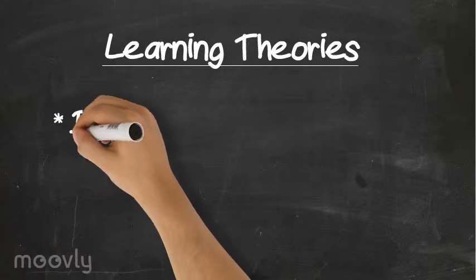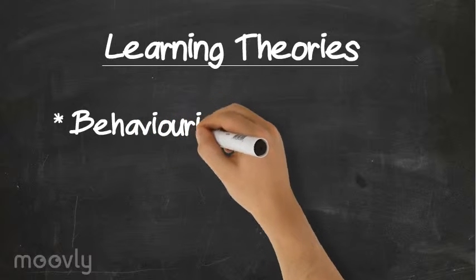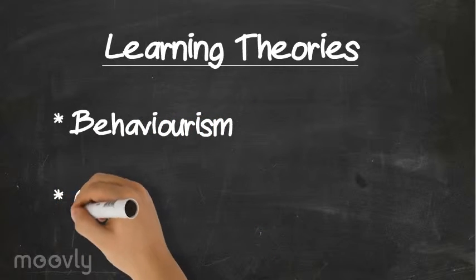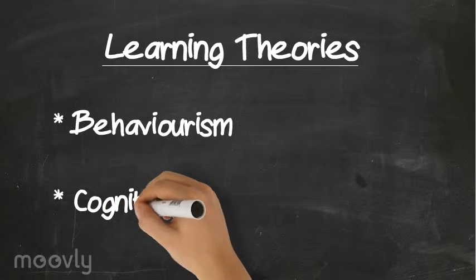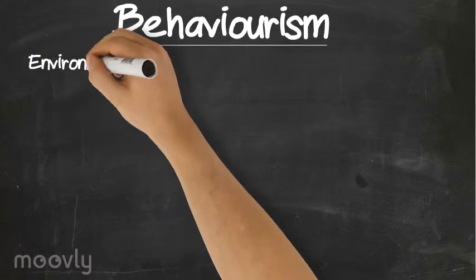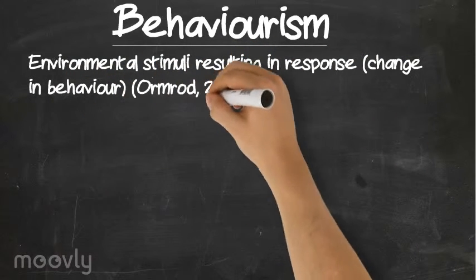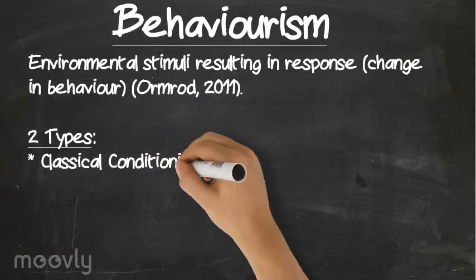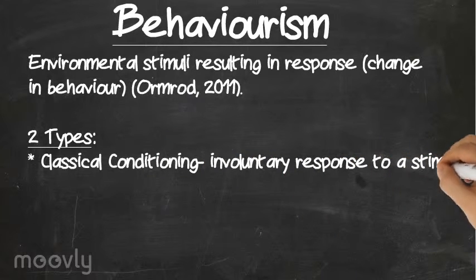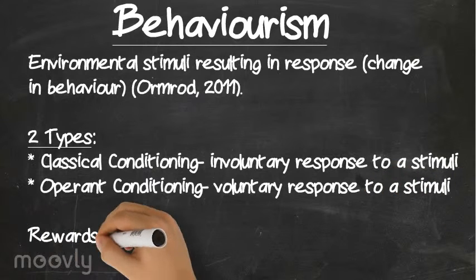There are a variety of effective teaching strategies available. Two theories that guide teachers in the use of effective teaching strategies include behaviourism and cognitivism. I'll now briefly discuss these theories. Behaviourism. This theory focuses on how environmental stimuli bring about change in people's behaviours. Behaviourist principle involves the formation of a relationship between a stimuli and response. Children are most likely to learn behaviours that result in certain consequences.